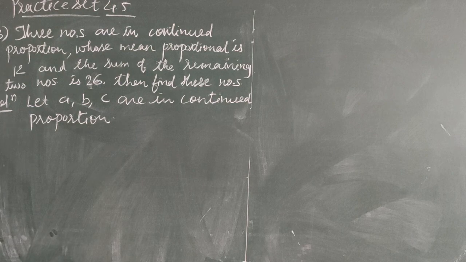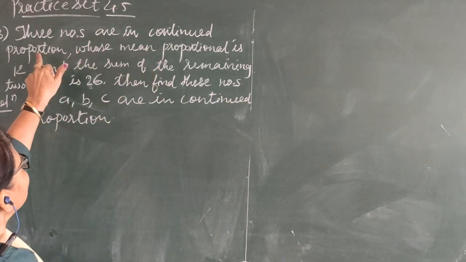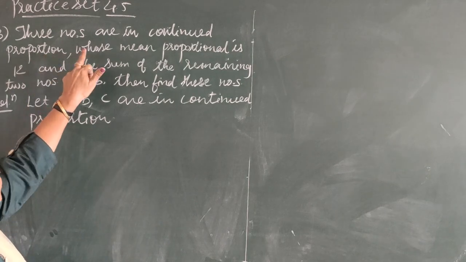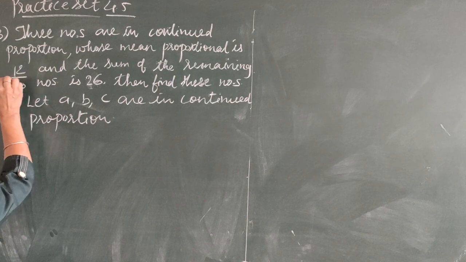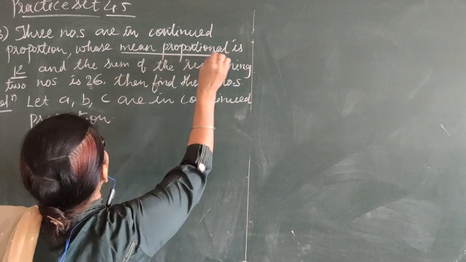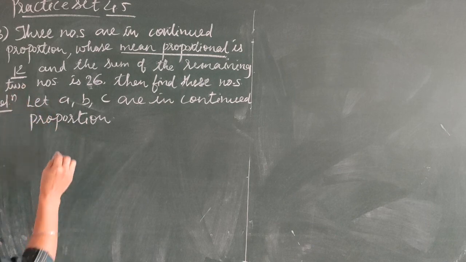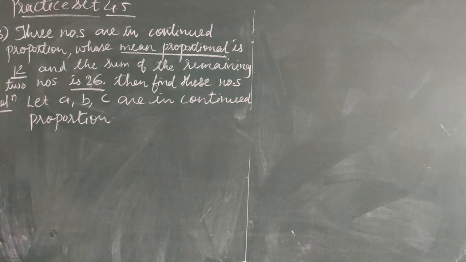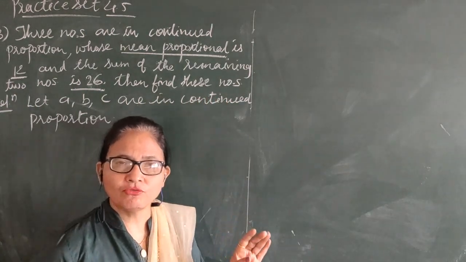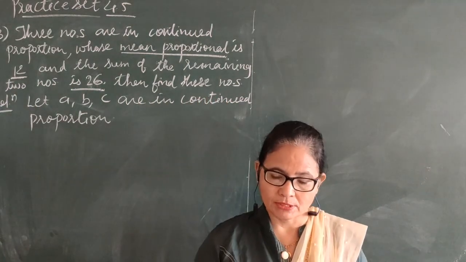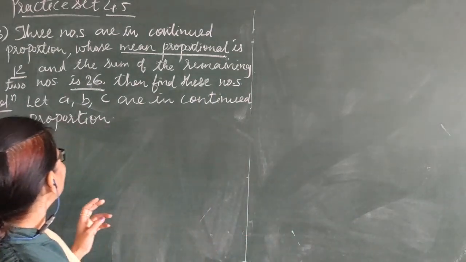Now see children, this is your third sum. 3 numbers are in continued proportion whose mean proportional is 12. So 12 is the mean proportional, and the sum of the remaining two numbers is 26, and you have to find these numbers. So first of all you must know what those numbers are. Now here the numbers are not given. So let us consider that the numbers are